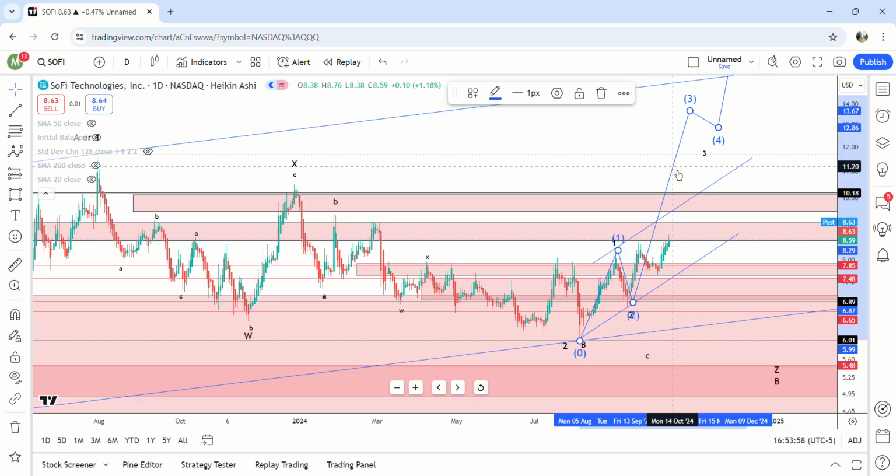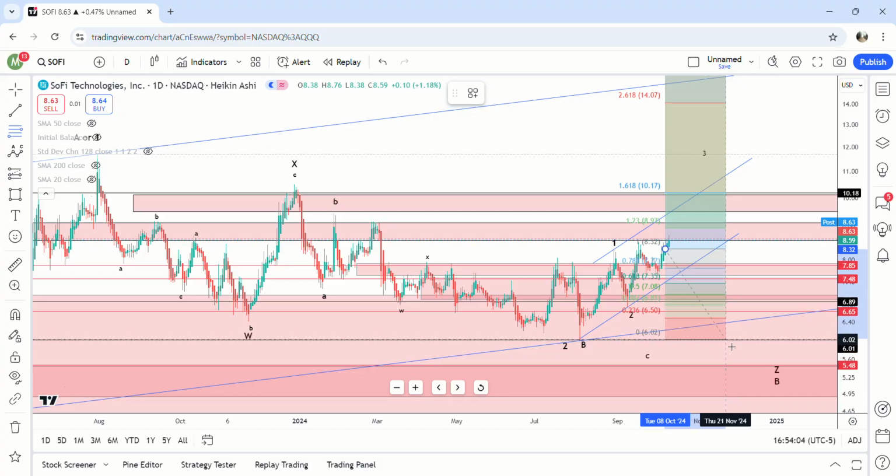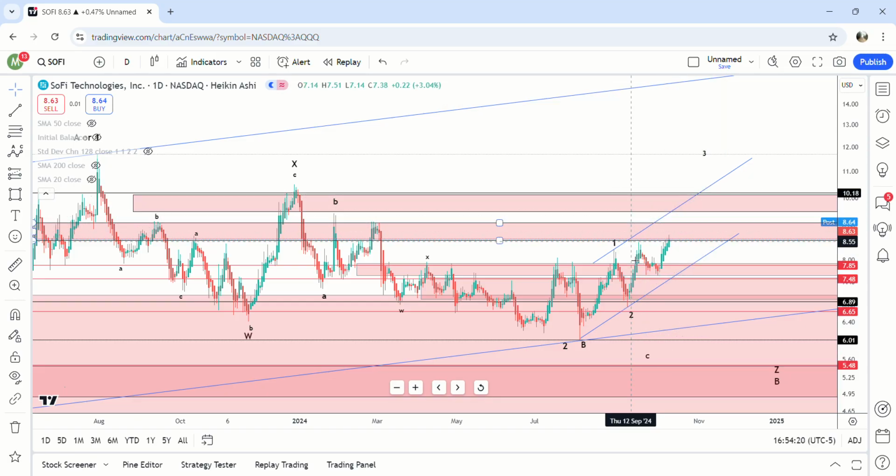If this breaks above 1020, then there's a good chance I'm wrong, because that would mean we are likely in a third wave, breaking the 1.61 fib. If it comes up here and just hits like 950, 960, I'm not going to say I'm wrong yet,